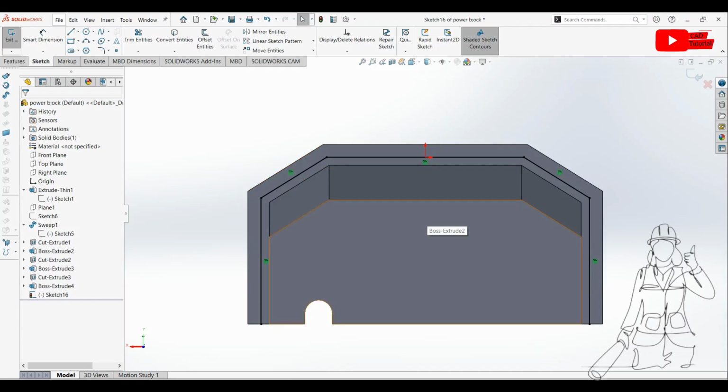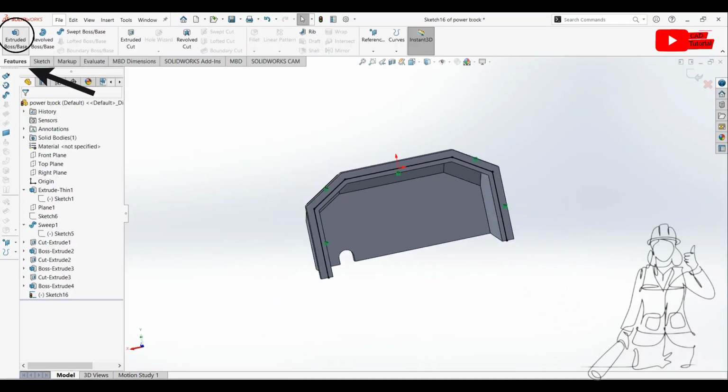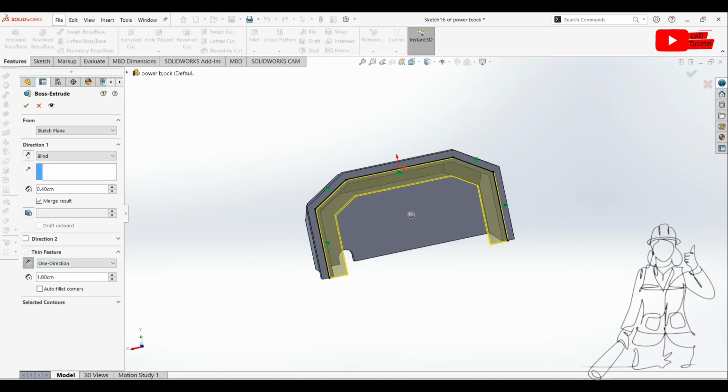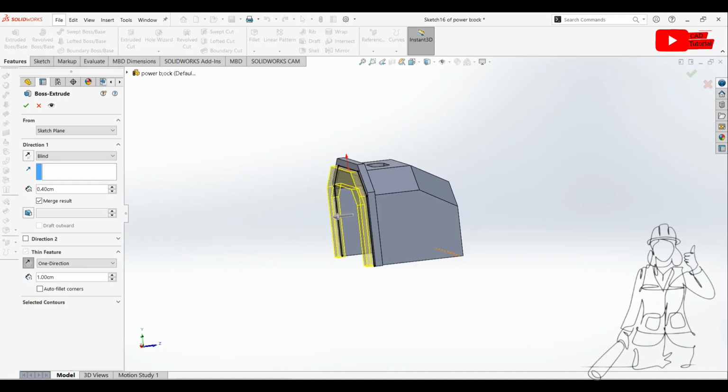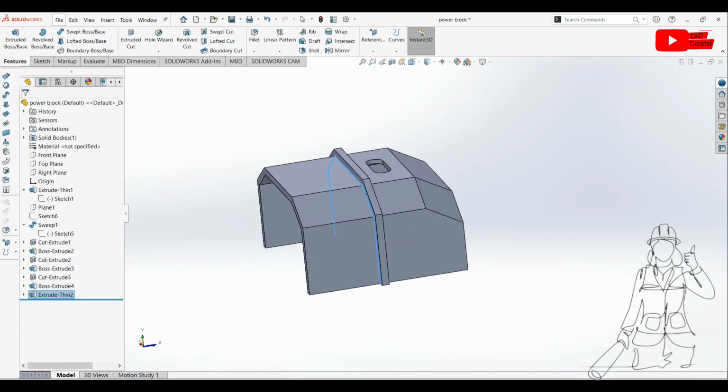And once more, I go to features and extrude boss. 0.4 centimeter, and I click on enter key, and that's